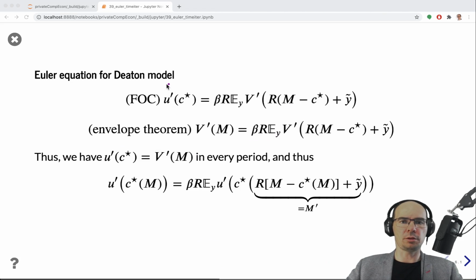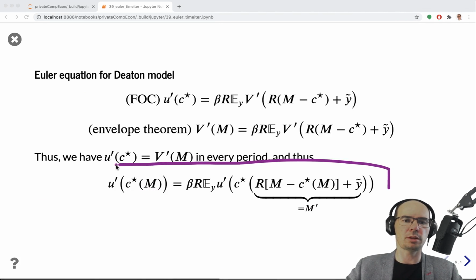Okay, so now let's look at the first order condition. And instead of this v prime, we just plug in this function here. We only have to be careful that here the v prime is applied to the next period available resources, m prime, right? So we need to take the c star and calculate the optimal consumption level as a function of the next period available resources, like written here. Because we are applying this equality in the next period when we're plugging this back in. And then I'm going to write c star as a function of m. That is an implicit function of m as defined by the first order condition. So we end up with this expression here,